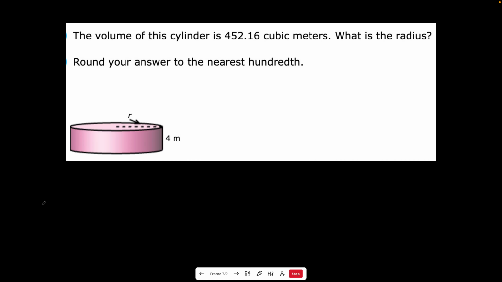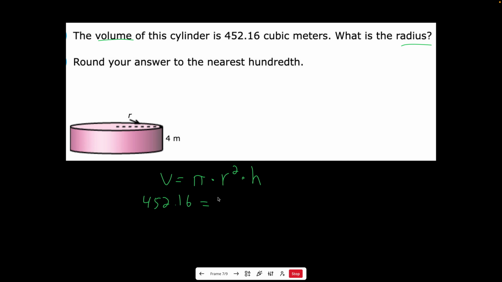All right, for this one, it says the volume of this cylinder is 452.16 cubic meters. What is the radius? Okay, so this one's kind of backwards. They give you the answer. They say, okay, here's the volume. What was the radius? So let's come back to our formula: pi times r squared times the height. We know the volume is